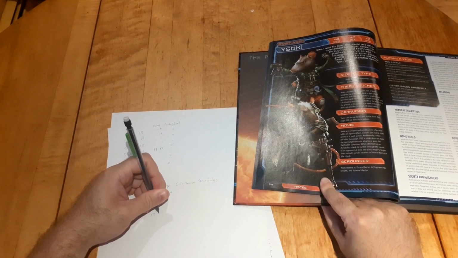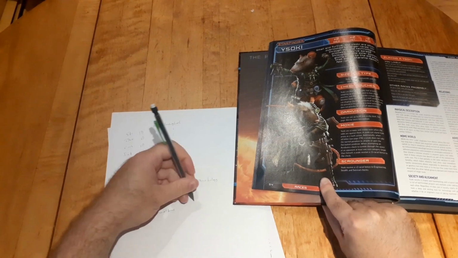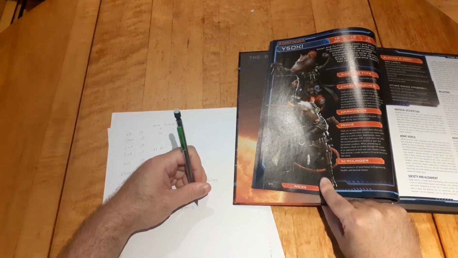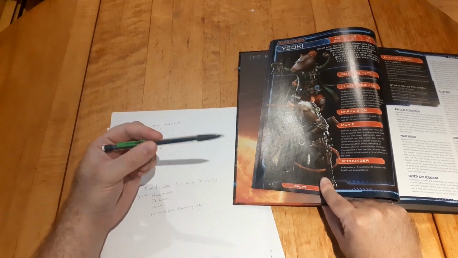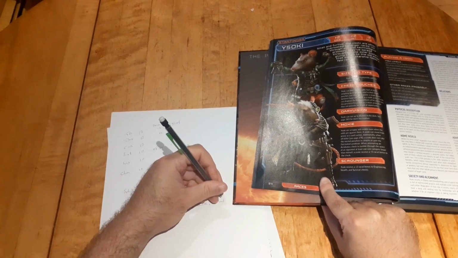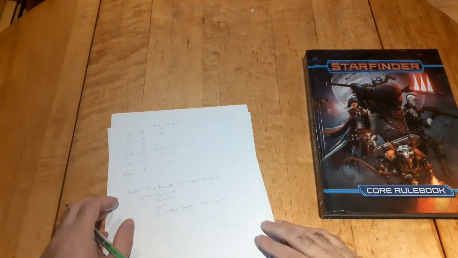+2 racial bonus, engineering, stealth, whoops, and survival. Okay, perfect. So we're going to close the book for now, and we're going to finish off our